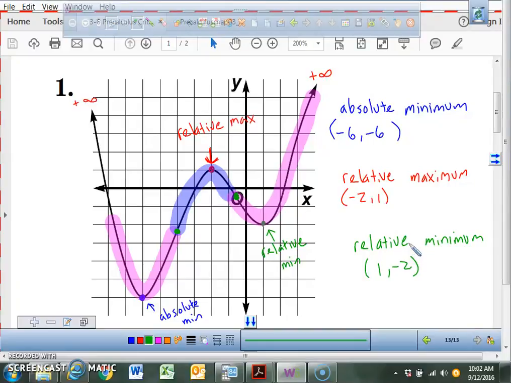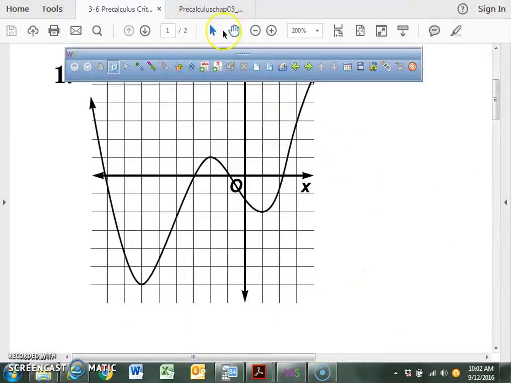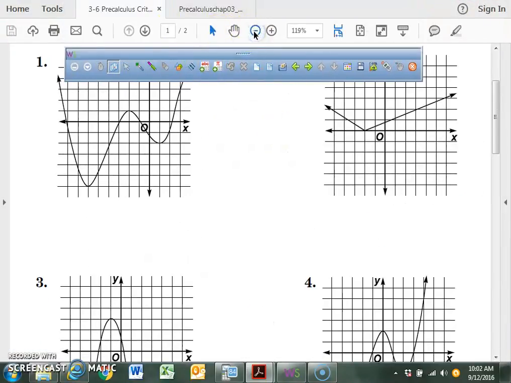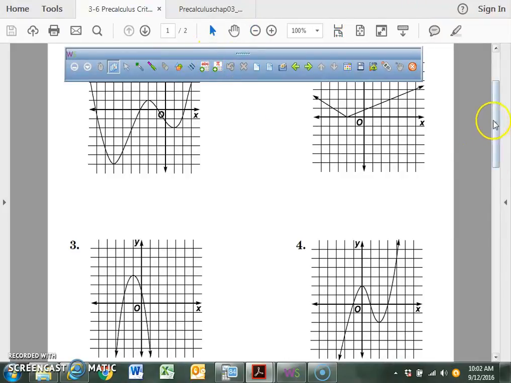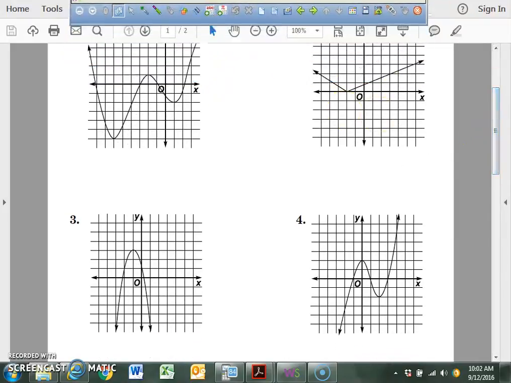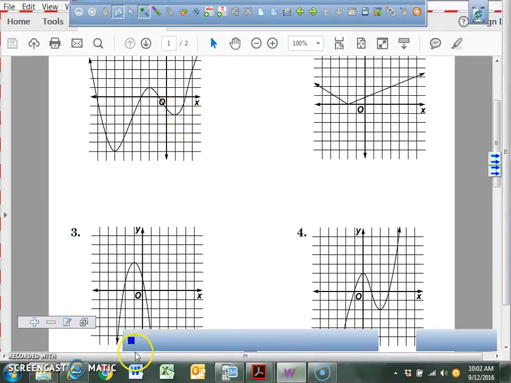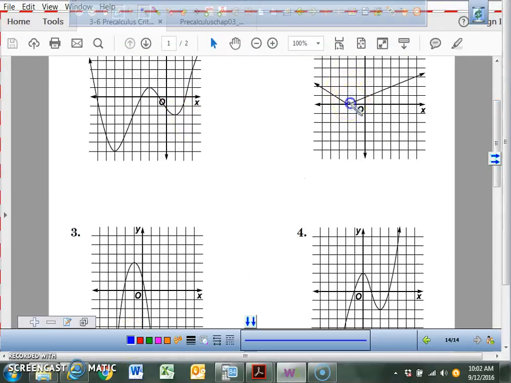All right. So what I'm going to do right now is put points on the ones that you need to label. So we zoom out. Okay. I'm going to tell you the points that you actually need to label. We've already done number 1. On number 2, the point I want you to basically talk about is this point. Number 3, talk about this point. Number 4, you're talking about this point, and I am making you label this point right here. So you're going to be labeling those with an ordered pair and using the vocabulary terms to describe what those